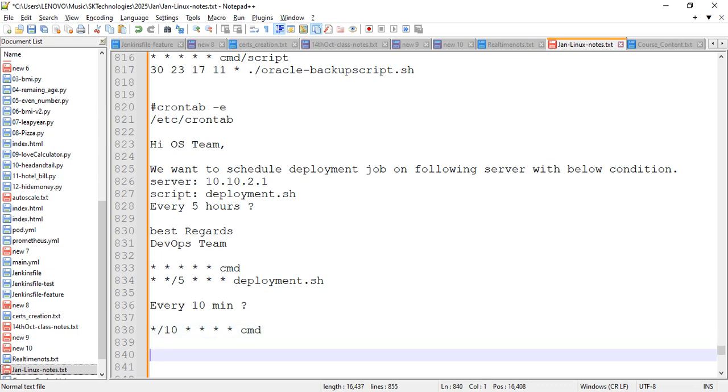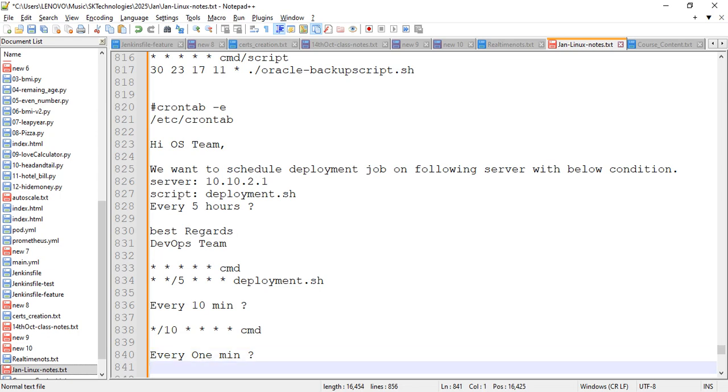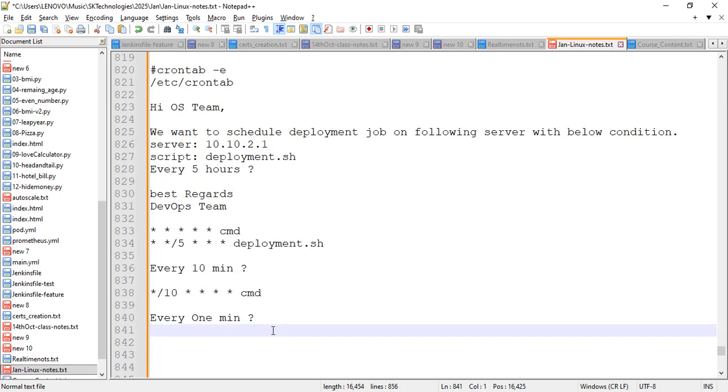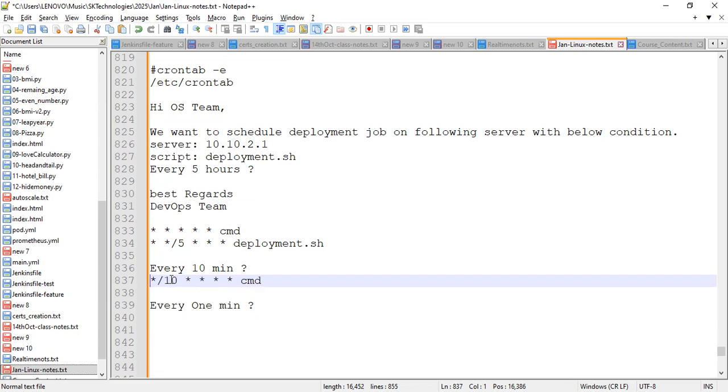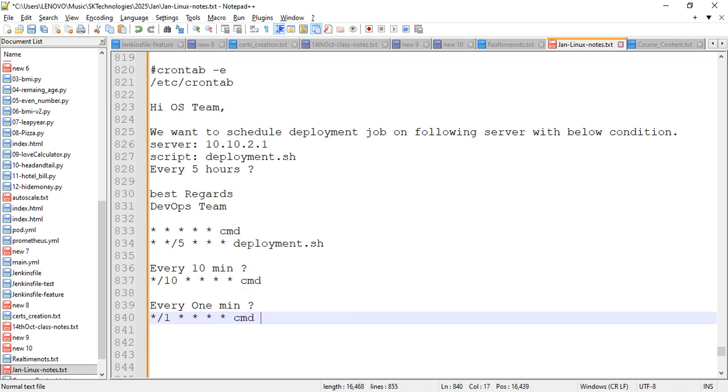In the same way, if I say every 1 minute, I want to execute every 1 minute. Now, star by 1. Don't say only star by 1. You should complete the syntax, right? Then the command. N by 1 is equal to,